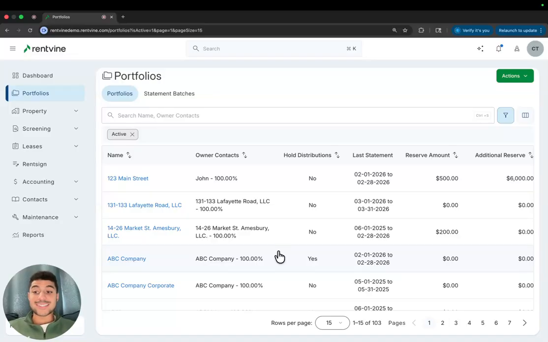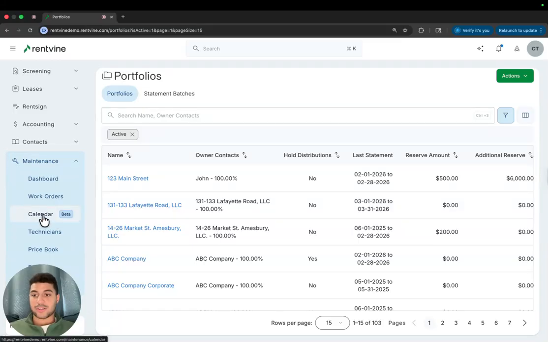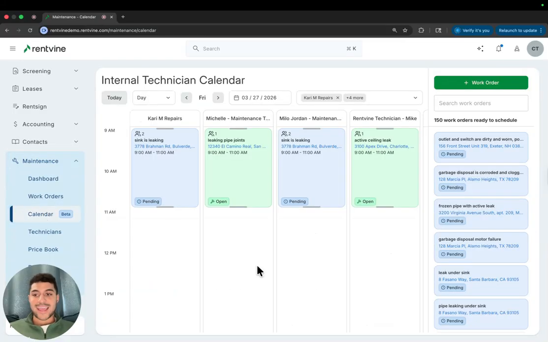If anybody does internal maintenance currently within Rentvine, then this video is for you. So we just released our calendar feature. If I go to the maintenance section and go to calendar, I can click on that, and now I can go ahead and keep track of all my internal maintenance techs and get them scheduled out within the system and